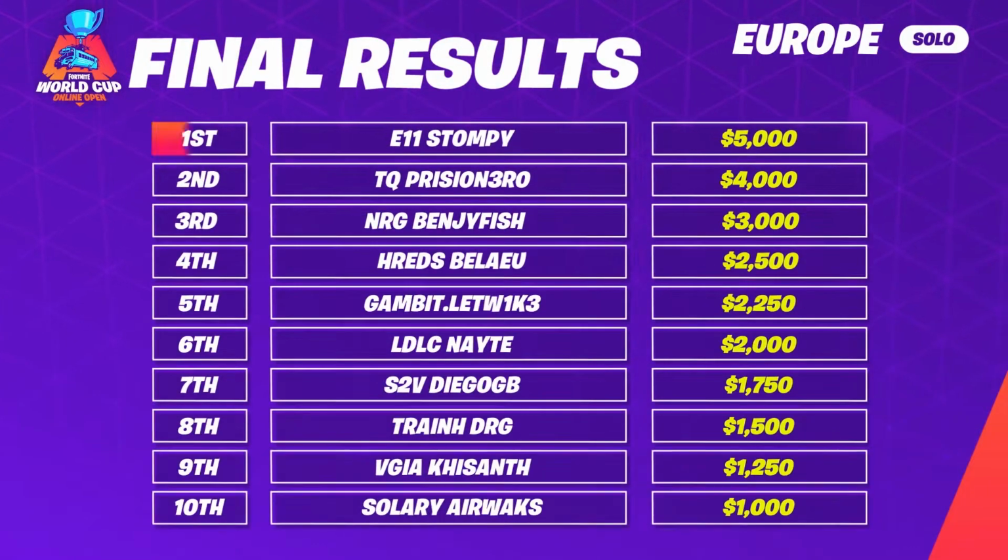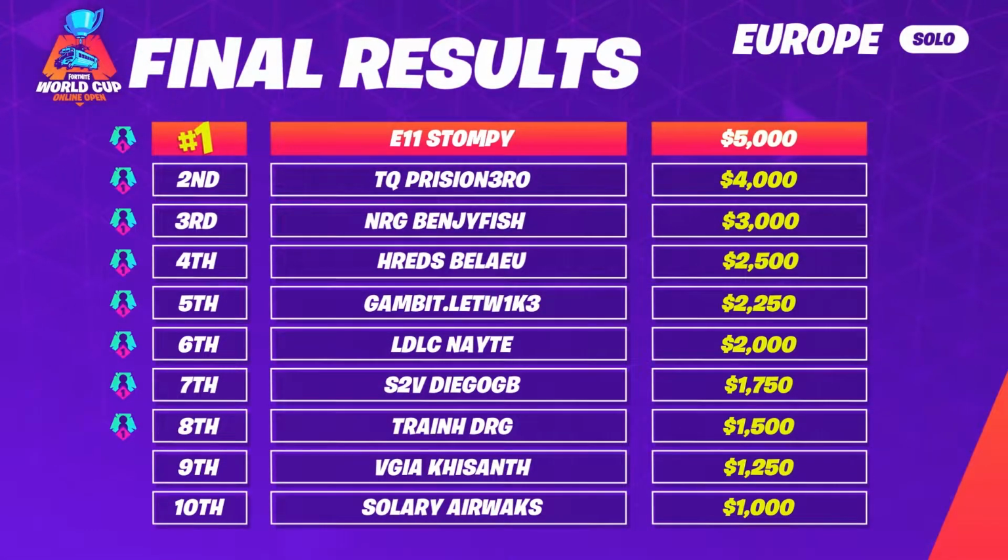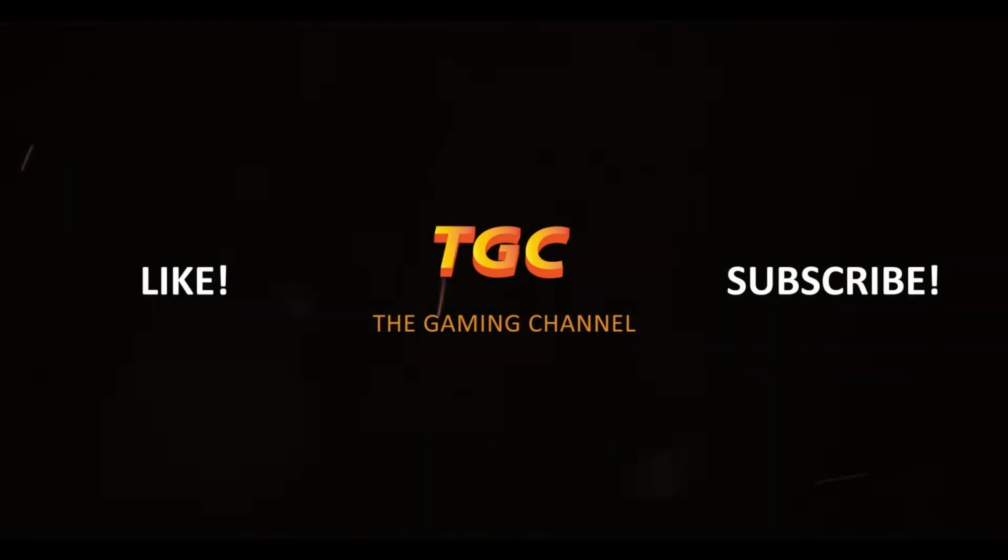We have the results ready. Let's take a look who those first 8 players are. And oh my! What? Look at that list. What a fantastic list. We got E11 Stompy in the first place. We heard about him. We saw that huge elimination game. Team Queso's Prisionero up there as well. BENJYFISH, I know you know a lot about him, Kitty. I love BENJYFISH. He's such a great player. And these guys are taking home that prize pool on the side for this weekend, but qualified for the World Cup. Absolutely huge. Joining those other 2 players, we all